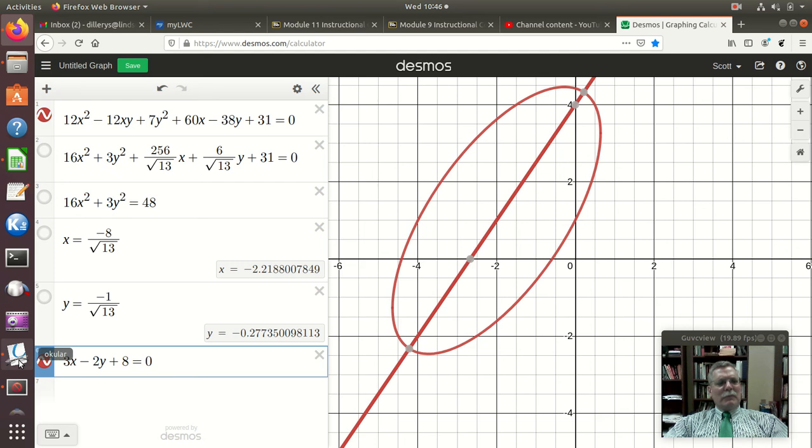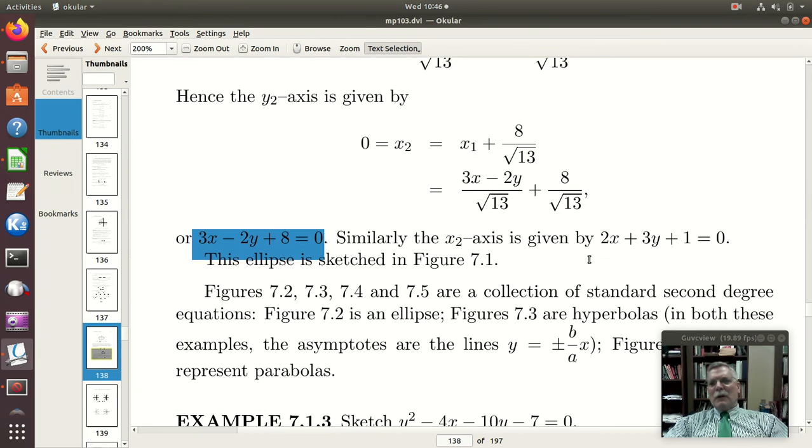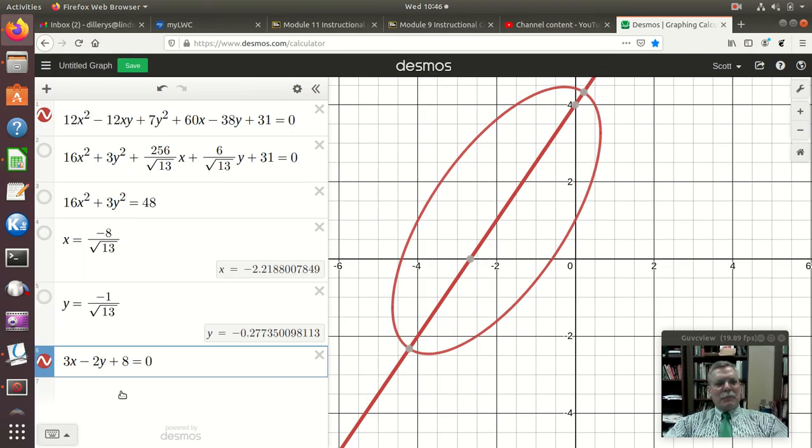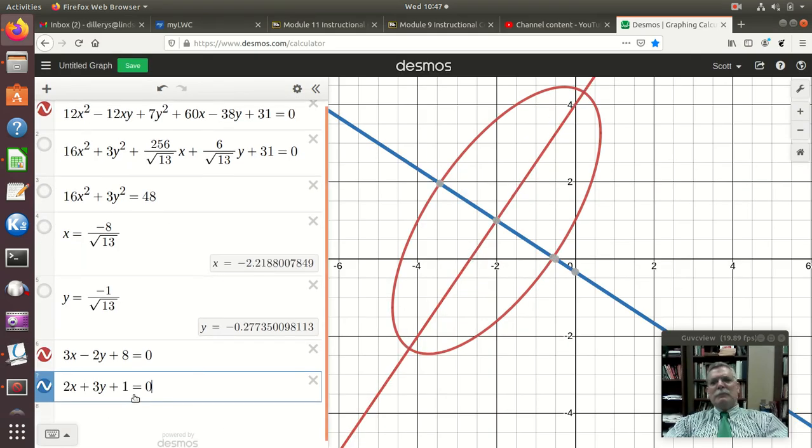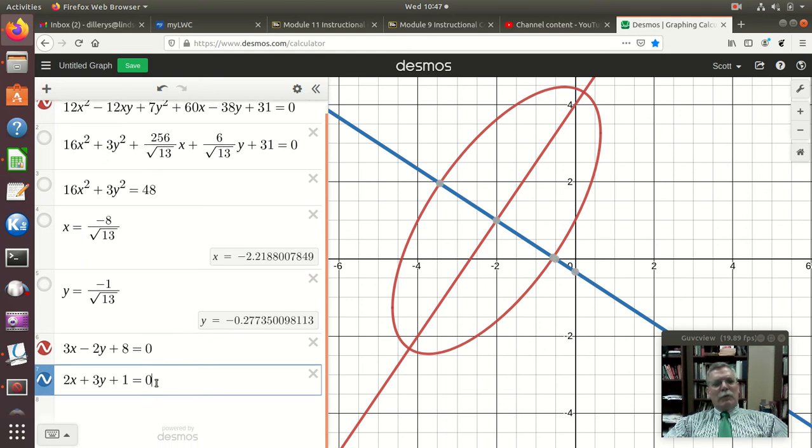And coming here, highlight that one and do a Control-C and paste. And there's our x-axis, and so we can recover what these axes look like, and there's our center at -2,